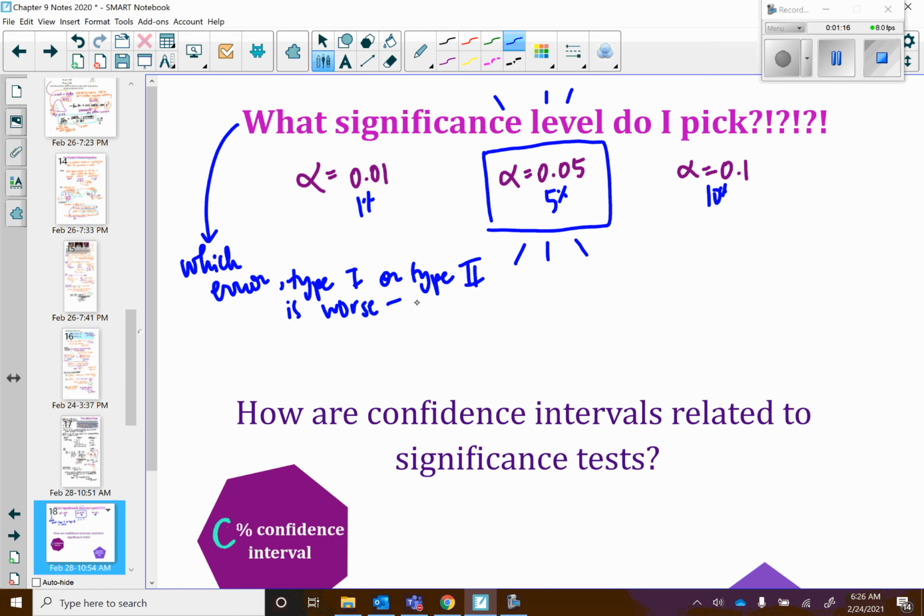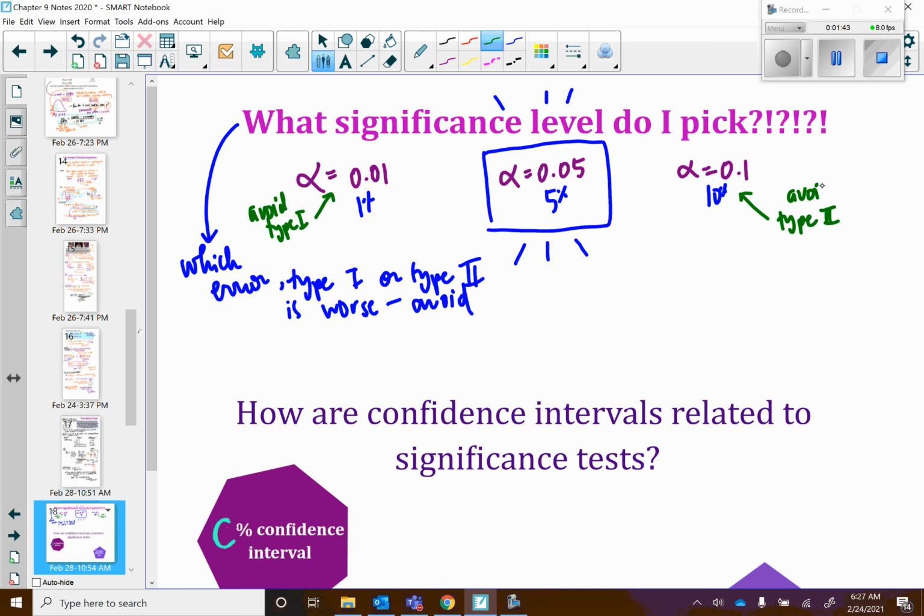And that would be the one you would want to avoid. So if you remember, the probability of a type 1 error is linked to the significance level. So if I want to avoid a type 1 error, I will make a significance level of 0.01. If I want to avoid a type 2 error, I have to increase my significance level, so I would pick